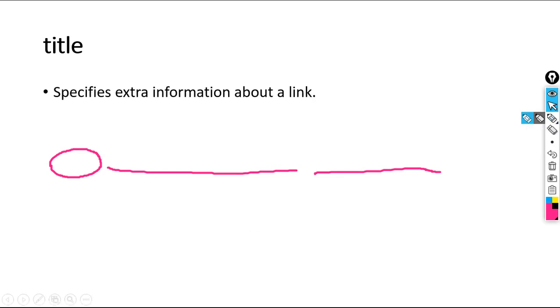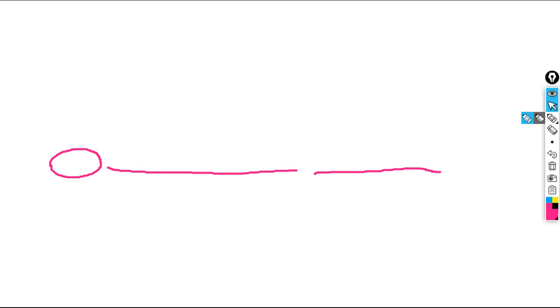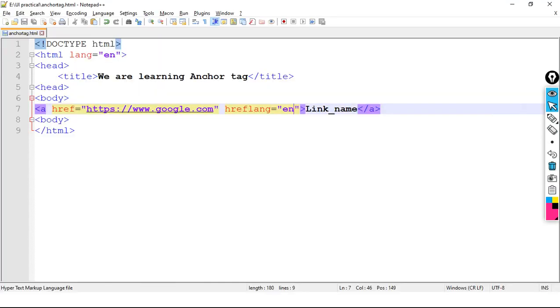But before understanding title, let me explain the target attribute practically. So, here is our code. See here, we have not mentioned the target attribute. If we have not mentioned the target attribute, then by default its value will be underscore self.